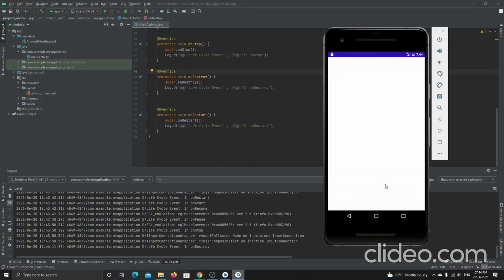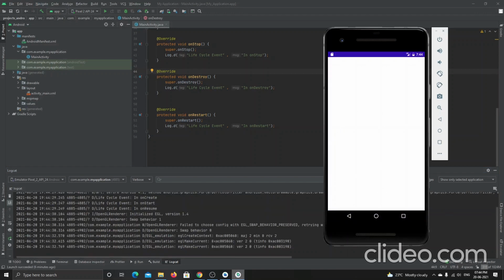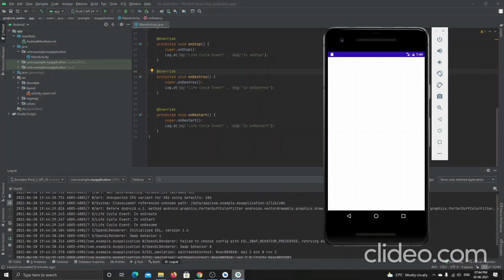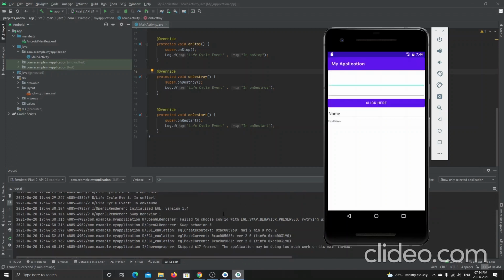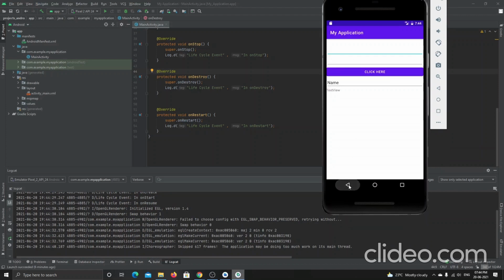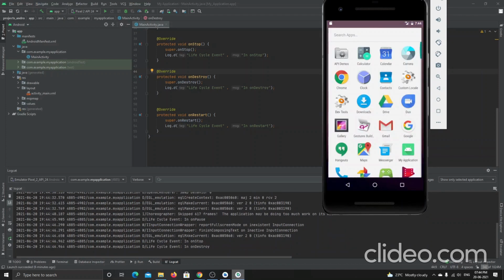See, when I start the application, it is creating again. In on create, in on start, and in on resume. See, it is giving me the output. When I press the back button again, it is in on pause, on stop, and on destroy. It destroyed the application.